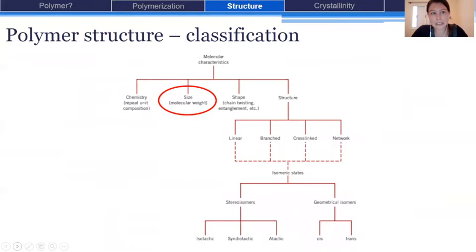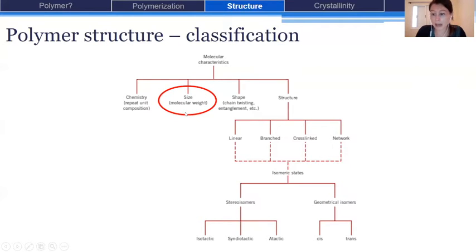So up to now, we presented what a polymer is. We introduced how they are obtained, through polymerization. And we saw that there are two common polymerization mechanisms, which are chain growth polymerization and step growth polymerization. So now we are going to define the polymer structure, to see the classification for this polymer structure. The first thing that we saw is that the polymer structure can be defined by its chemistry, so what is the repeating unit composition? Then we are going to